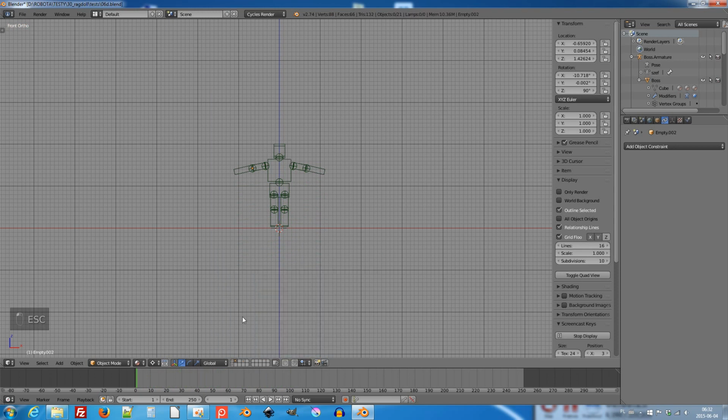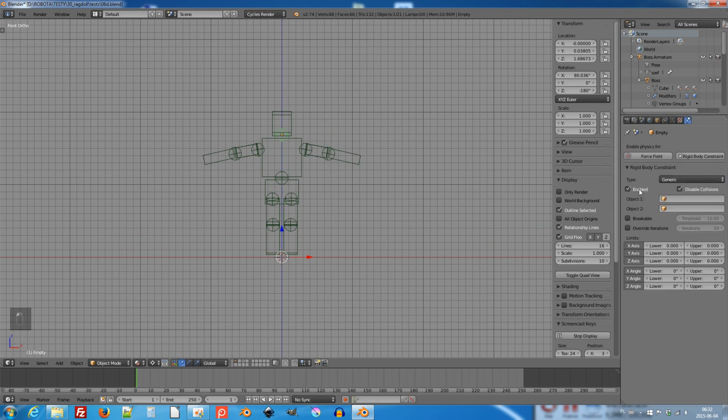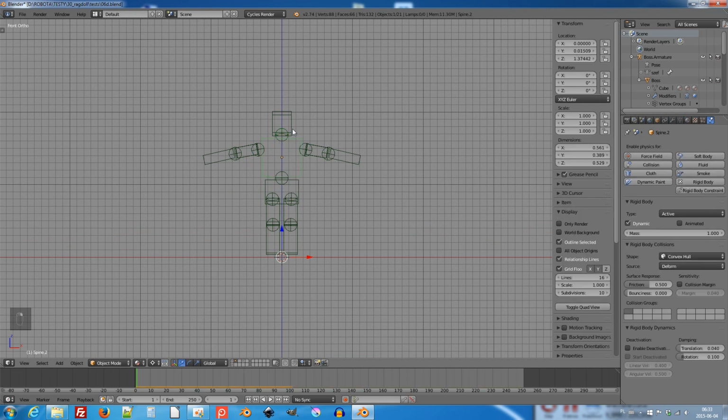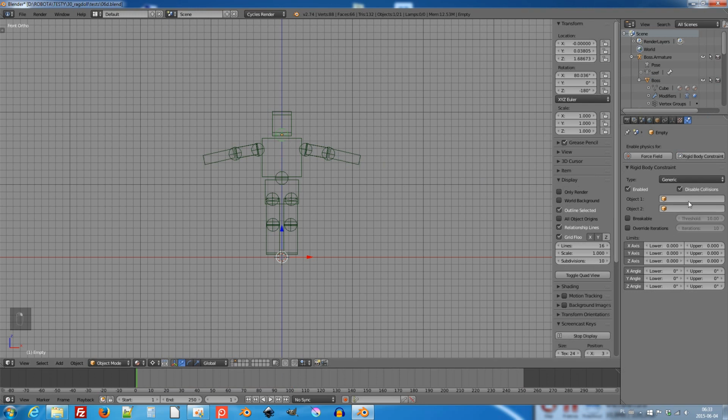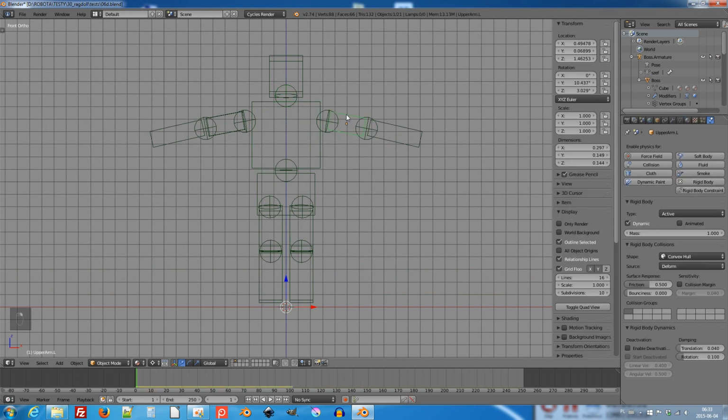hitboxes. So in constraint properties, I must choose objects. In this case, this is the chest and this is the head. So first object with second. And the same for this and this.